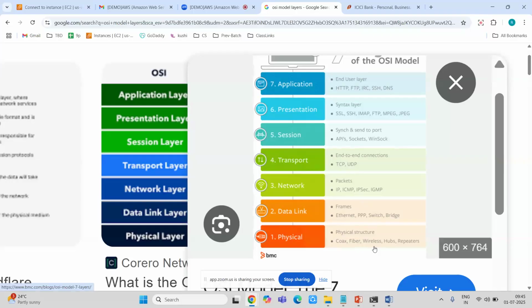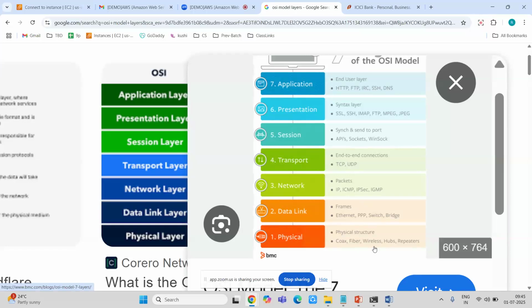Once they hit send, it will also establish a bridge connection. Then there is the network layer, where it will use IPs. ICMP protocol is used for ping, and IP security. So that comes under the network layer.